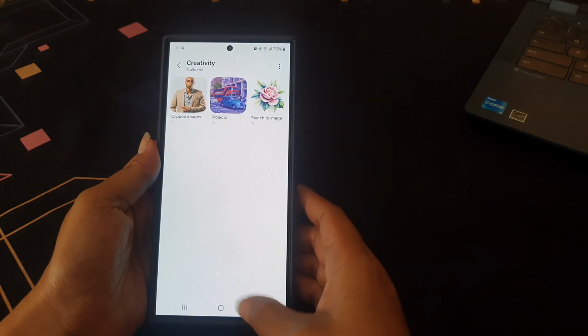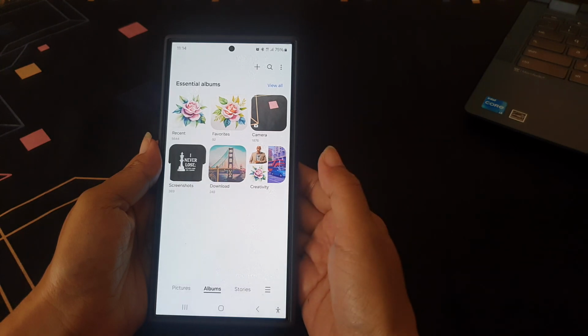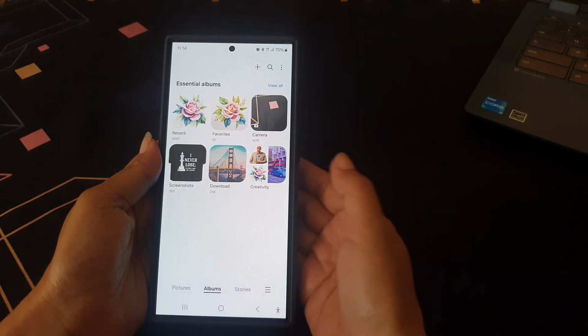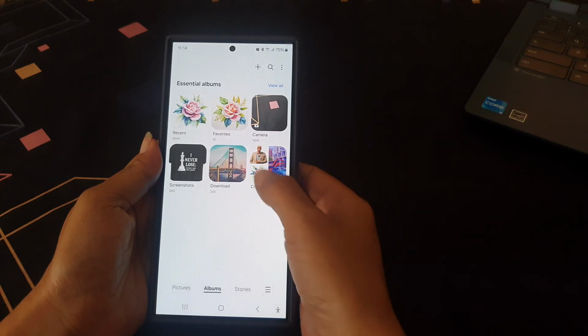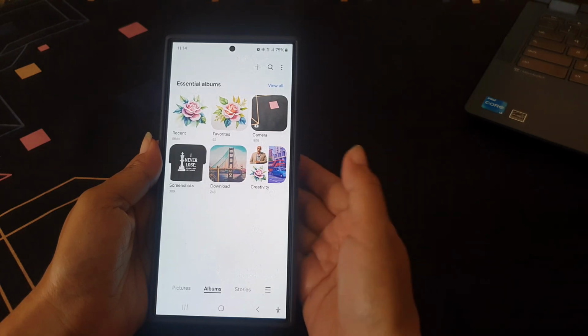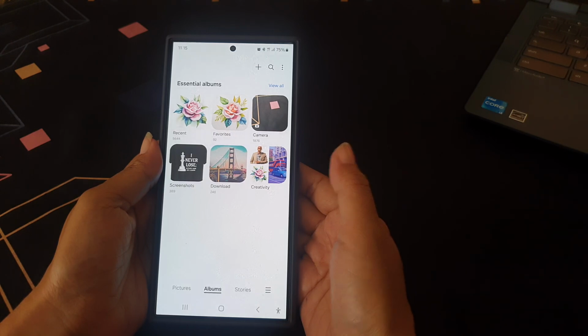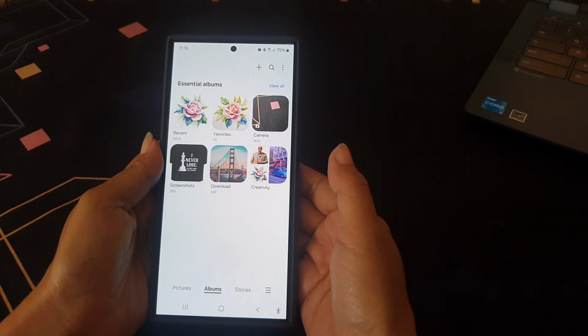Tap the back key. As you can see, a new group has been created on your gallery app and the selected albums are now placed in this group. Given the function of grouping albums, not only can it help you simplify your gallery, but also it can help you organize your albums, quickly find related albums, and else.